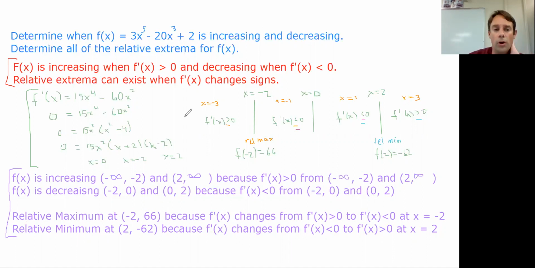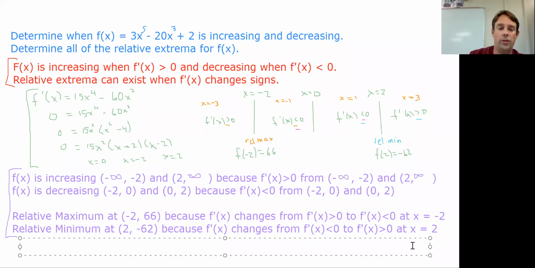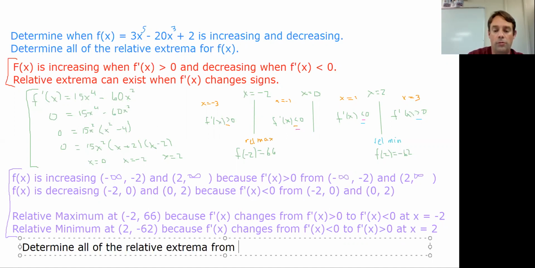Let's try one more just to make sure we got it. So how about I give you something like this? I'm going to put it down here so you can see it while you do the next problem. Determine all of the relative extrema on the domain 0 to 2 pi for f of x equals -2 sine x